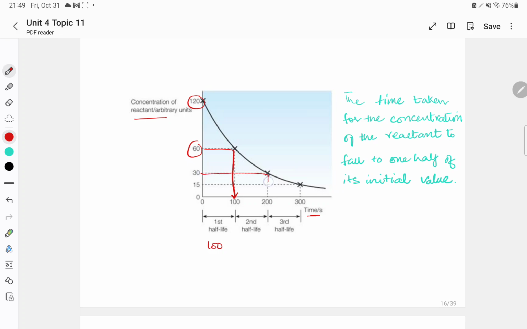So what will be the time for that? It's going to be 200. If I subtract this out of it, it's going to be 100 here again. And if I halve 30, it will be 15. So I have to find the time here. This will be the third half-life, and this is going to be 100. So as I told you, if the half-life is constant throughout the graph as shown here, it's 100, 100 and 100. That means it's going to be first order, because in first order the half-life will be constant.